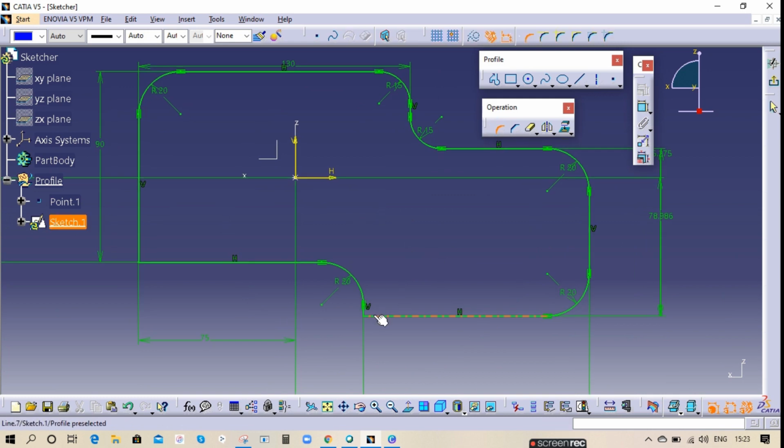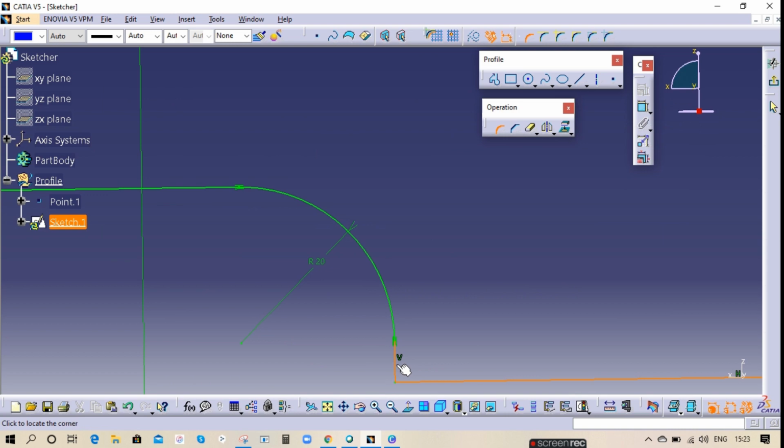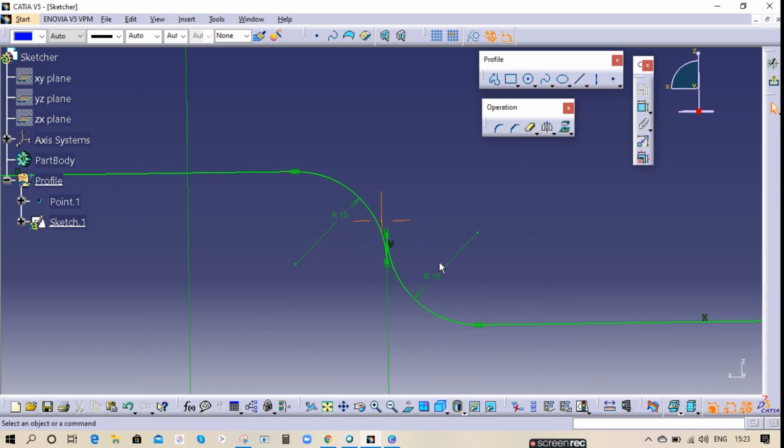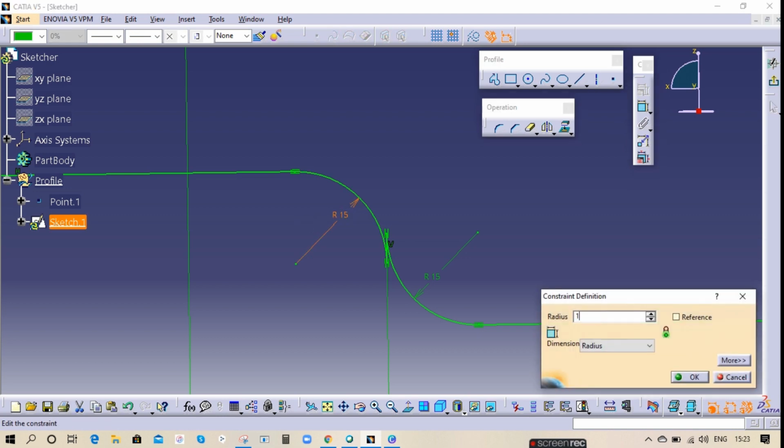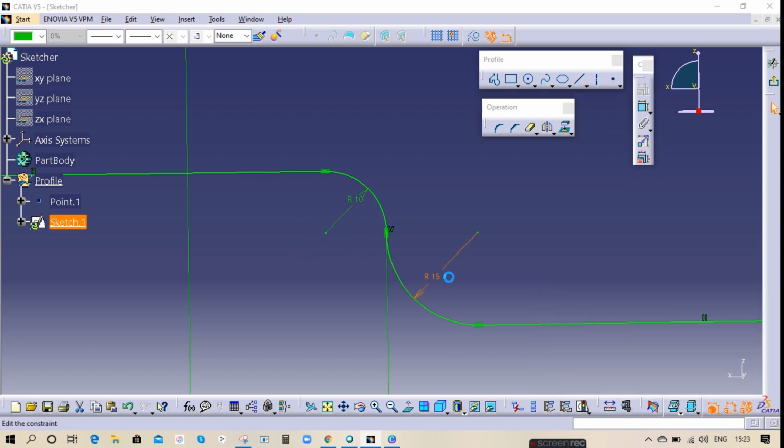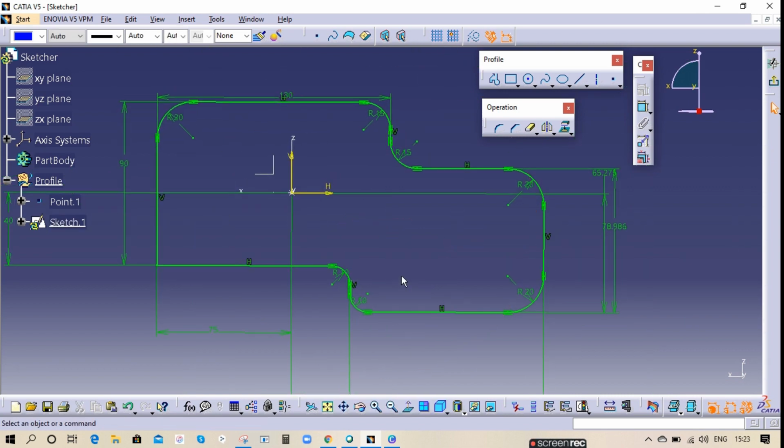The same way you can go for 15 here, and this is also 15. So 10 and 10. Based on how much length is there, based on that dimension only you can give the radius.